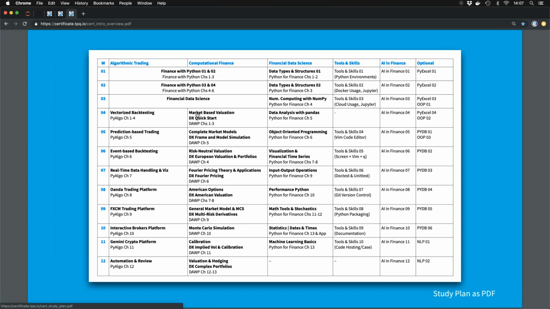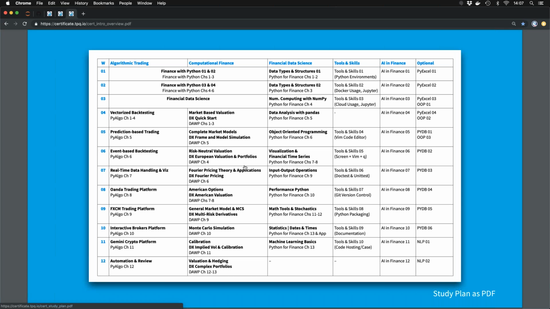this regard. You also see here we have two rows basically for computational finance, like market-based valuation, DX Quick Start. So this means indeed that we have two videos here. So computational finance in the core part has two modules, two sessions. So when you look on the Quant platform, you will find them. Currently they are numbered, but we might change the name shortly because we are just coming out of the life